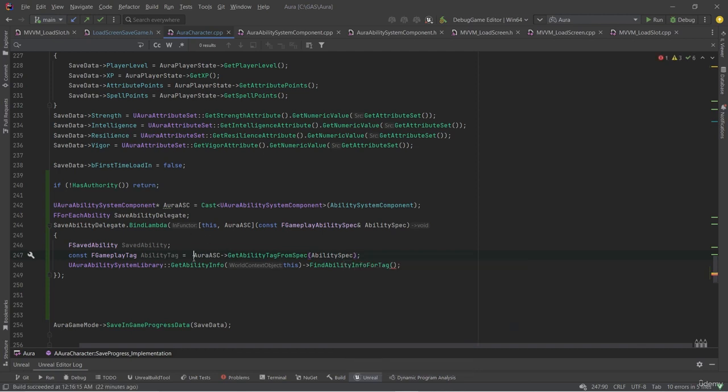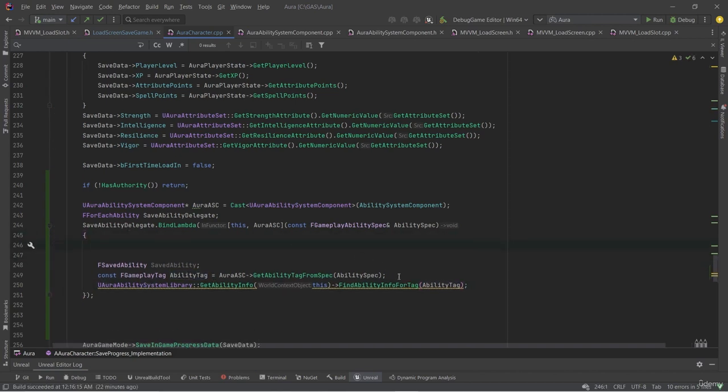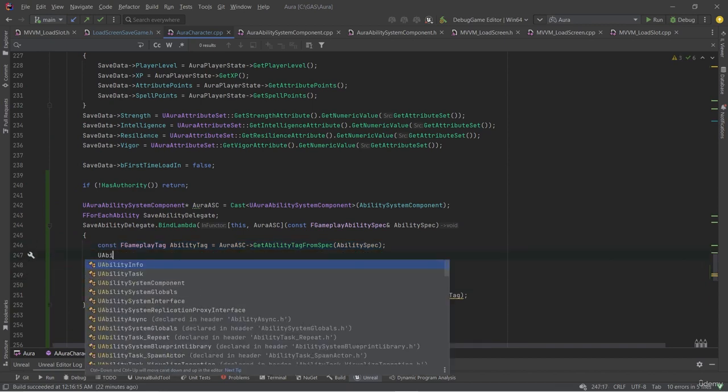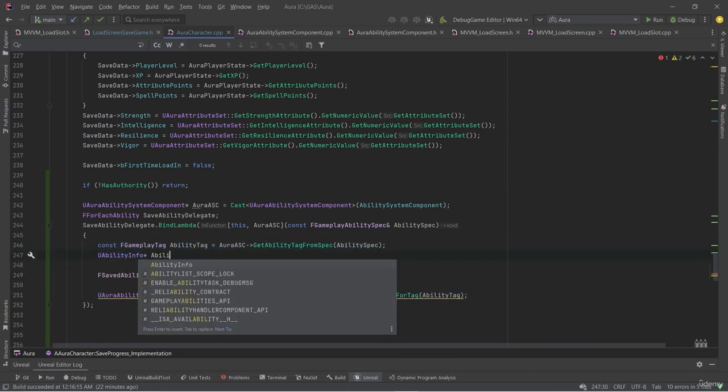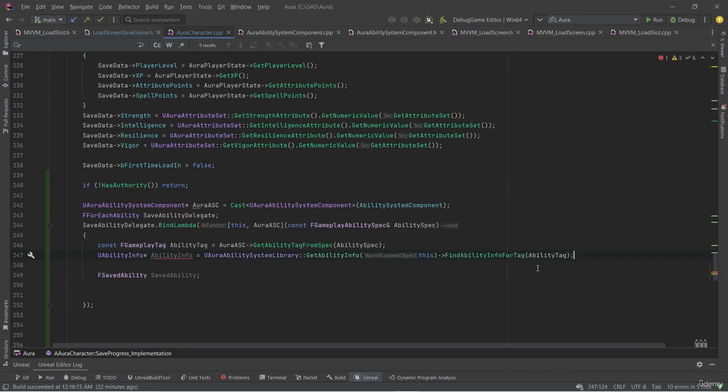So now I have the tag, and now we have an ability tag to pass in here. I'm also going to store my ability info in a pointer. So let's get the ability tag and the ability info up here. We'll also have a UAbilityInfo called ability info equal to this line here. Now that's just this function call, this one here